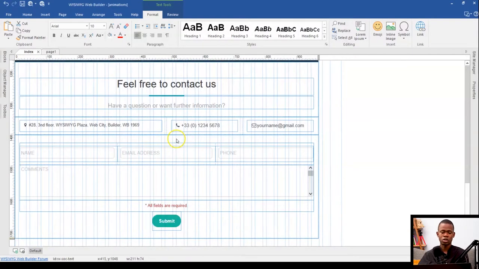So that's just about how to go about creating or adding titles to your link, which is very important. Just like I was saying, titles give information about a link once it is clicked on or once it is hovered on, so that whoever is going to click on that link gets to know what is likely to happen once that particular link is clicked on. This also aids in search engine optimization. Robots also look out for this when they are scanning or crawling through your website. So you might want to apply link titles in an appropriate way in your WYSIWYG Web Builder project.